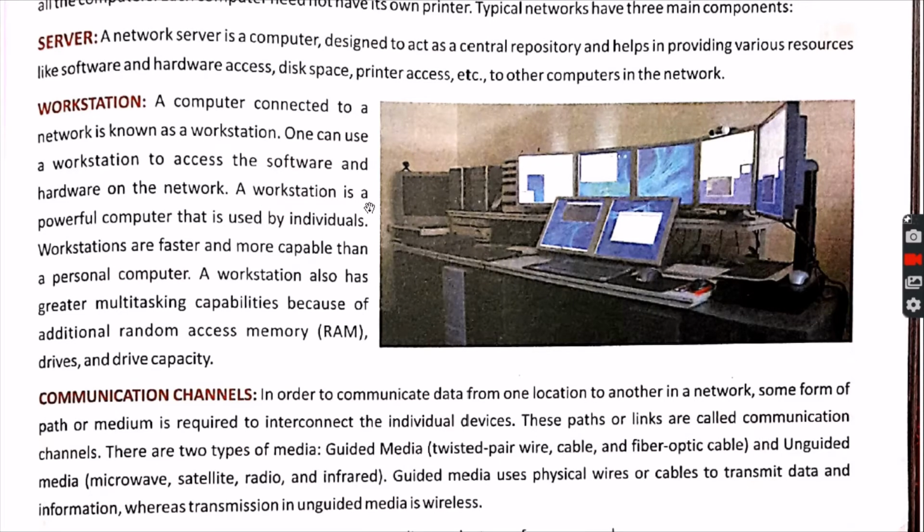So a workstation is a powerful computer that is used by an individual. A workstation means an interconnected computer in the network having the ability to do many jobs. This may be considered a definition of a workstation.